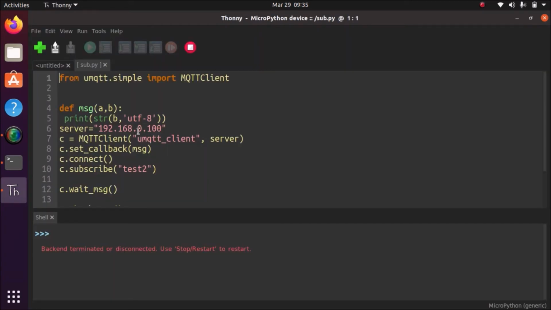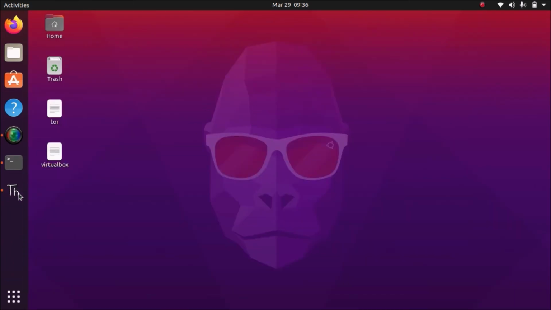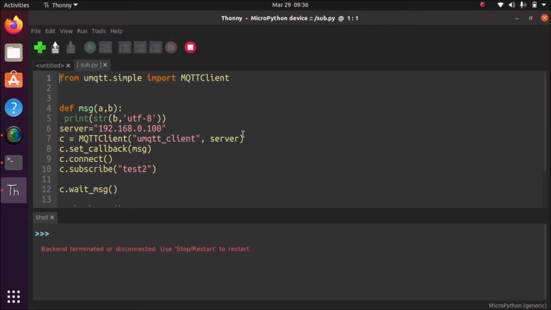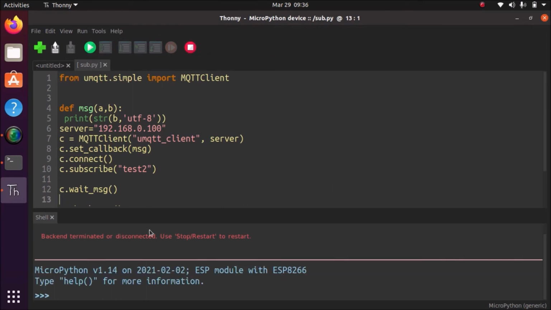So friends, this is our subscriber side, Ubuntu. Okay, and as I told you, I have one more NodeMCU ESP8266 which connects with our Ubuntu machine. So this is our Thonny Python IDE again, and go to Tools, Manage packages, and here also we need to install umqtt.simple. It's just disconnected now. Okay, the ESP8266 is now connected.